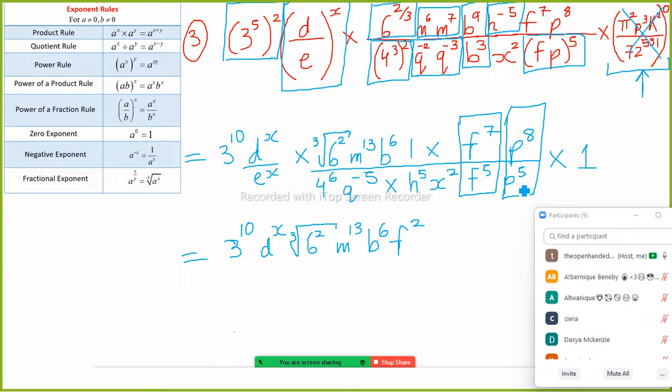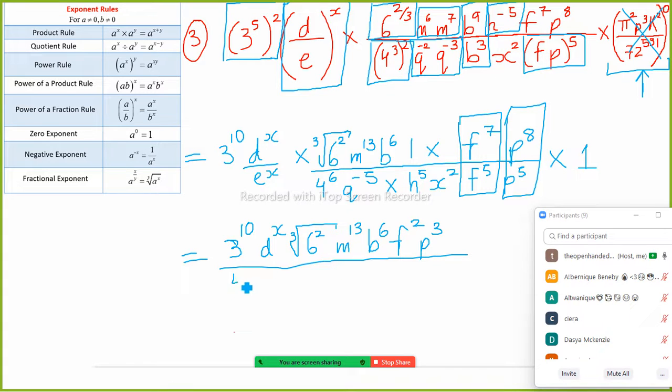What could we do with that? Because we're dividing it, so we're going to have to what? Add or subtract the powers? Subtract. So it's going to be 8 minus 5, which is p to the third power, all over